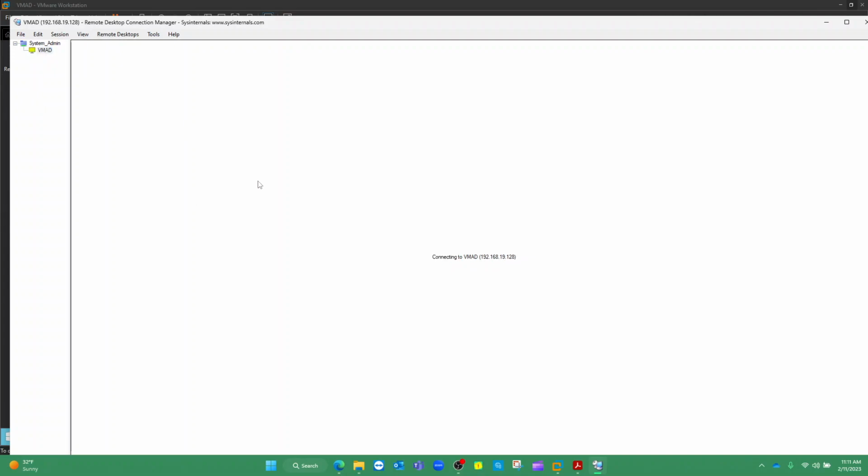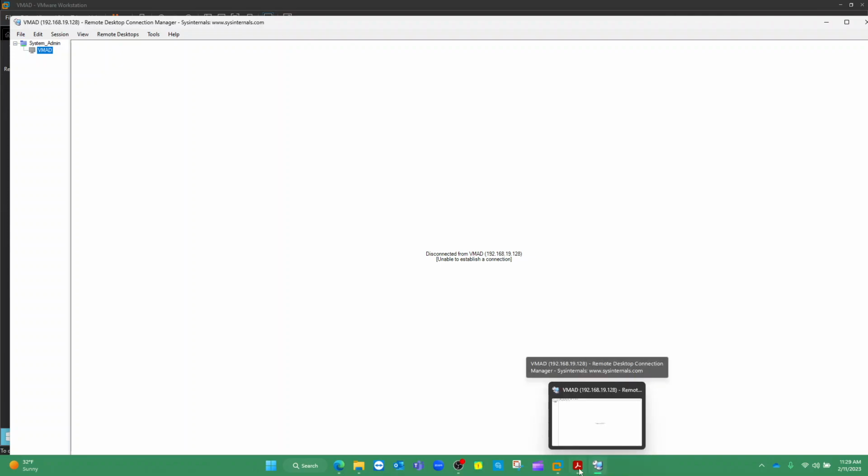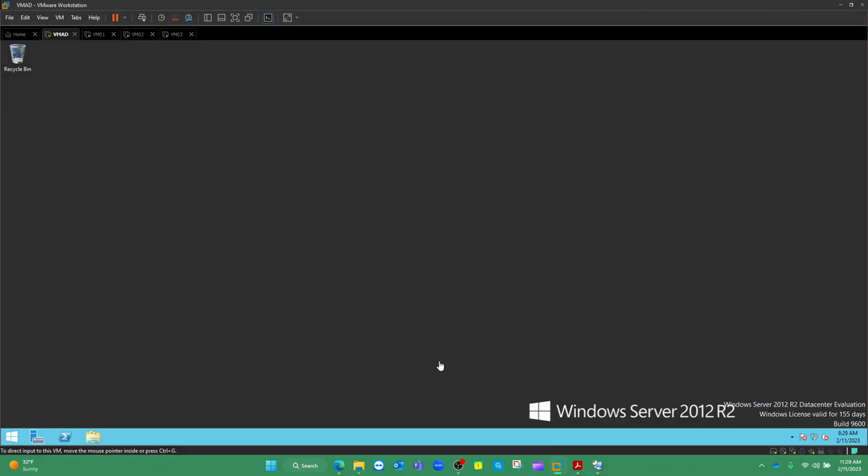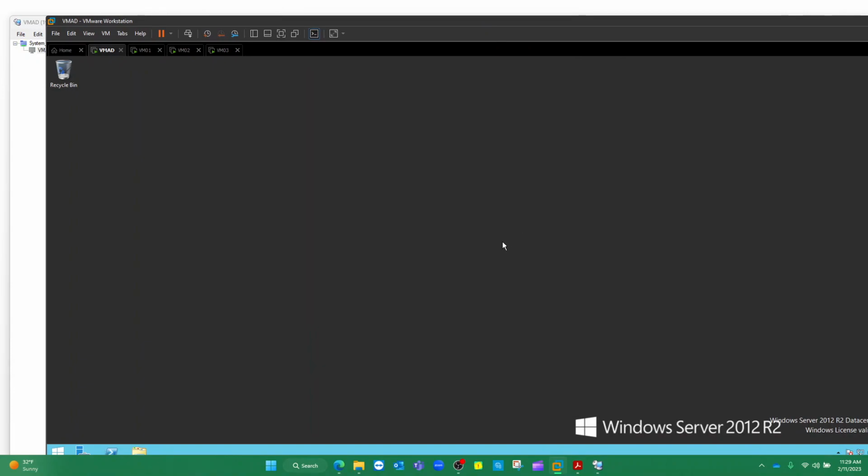Something not right. Okay, let me try to pause this while I troubleshoot this. All right, so let's troubleshoot this lack of connection together. So it looks like we are being blocked by the firewall, but let's confirm that. If you come to VMware and connect directly to VMAD, remember when we were setting it up,